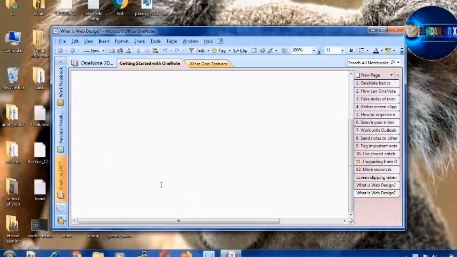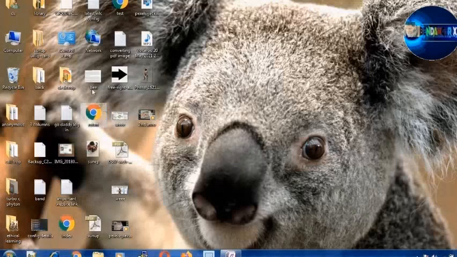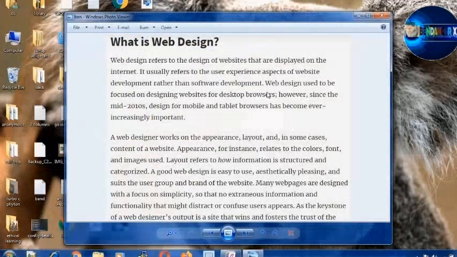Once you click on it, it will show you something like this. Maximize this and after that click here. Once you click on it, just leave it like that for some time, and after that you need to search for the image which you want to convert to Word. In my case, let me minimize this. I wanted to convert this image